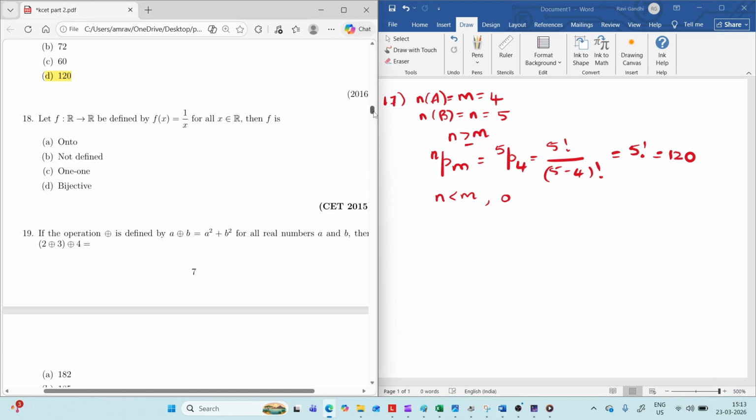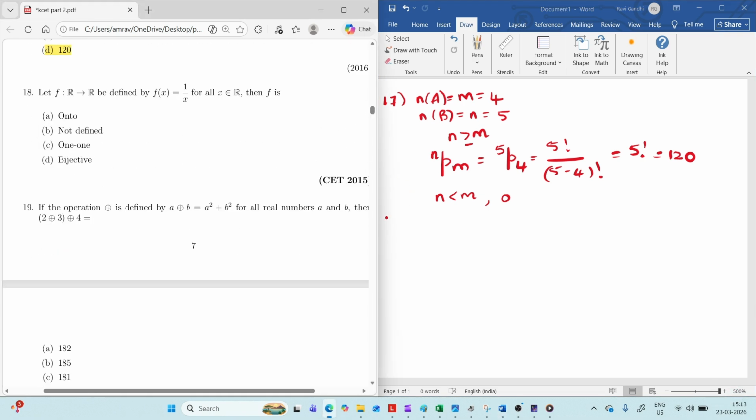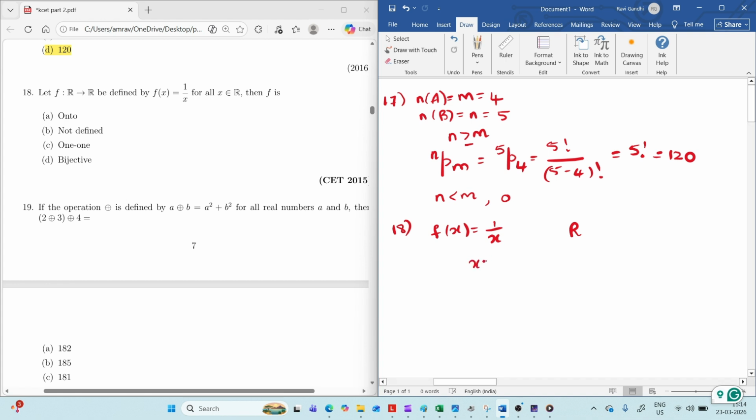Next question, the 18th question from the year 2015. What is being asked here? They have given a function f from R to R, that is, domain and codomain are real numbers, defined by f(x) = 1/x. So it's very important you all observe the domain and codomain given here. They have given it as real numbers, which includes natural numbers, whole numbers, integers, rational numbers and irrational numbers along with 0, isn't it? So for the function 1/x, if I put x equal to 0,